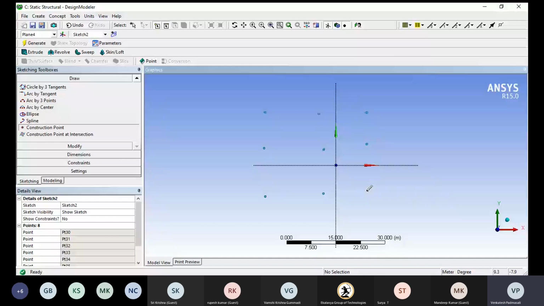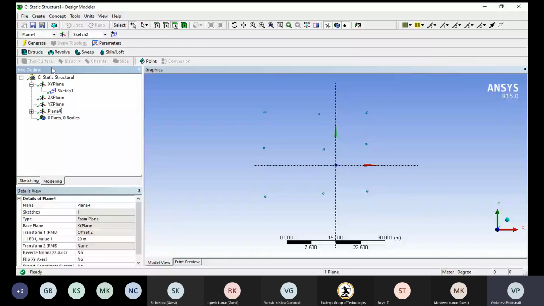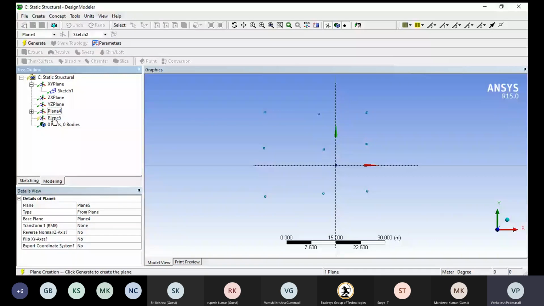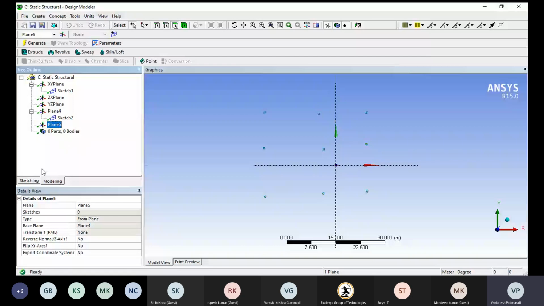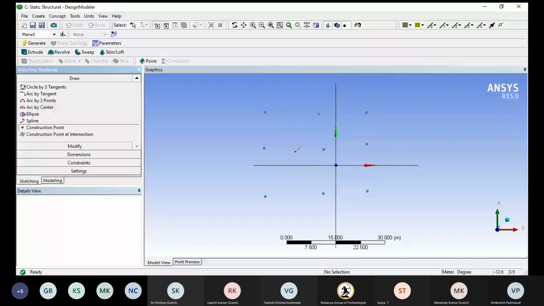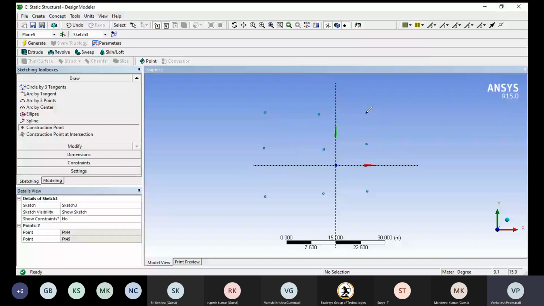In the same way, I'm going for generate again. I would like to enhance the plane, new plane again. Right click, show always sketch again, generate, right click, look at, sketching, construction point again, 1 to 9.